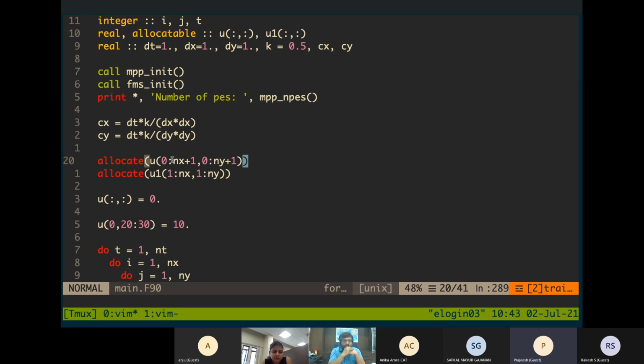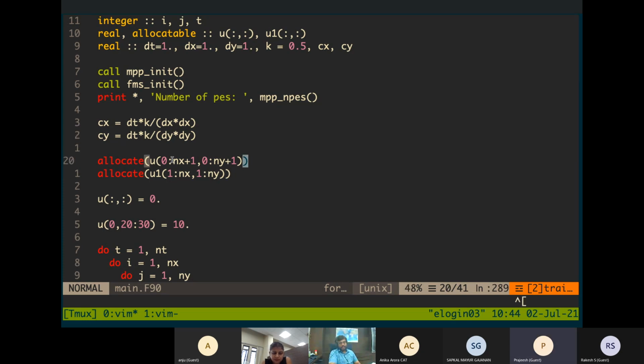I'm also assuming that all of you know the heat equation and a basic finite difference method. So I'm talking with all those assumptions, and that's why I'm going a little fast here. But if there are any doubts, you can stop me and ask me in between.